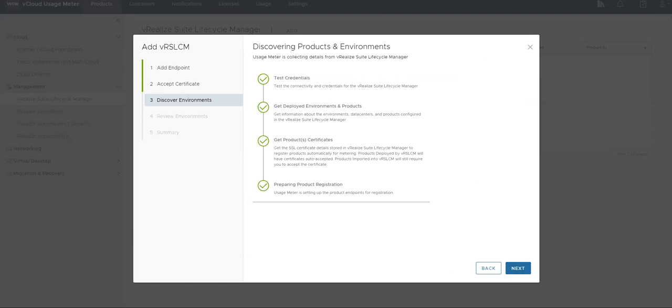Once you click on next, it does a credential test, and if it's successful, it will say what products have been detected, and will get the certificates. This certificate it gets from the vRealize Lifecycle Manager. So whenever you install a product in Lifecycle Manager, a certificate is installed as part of it, and this keeps varying. If you have imported a product supported by LCM, namely vRNI,